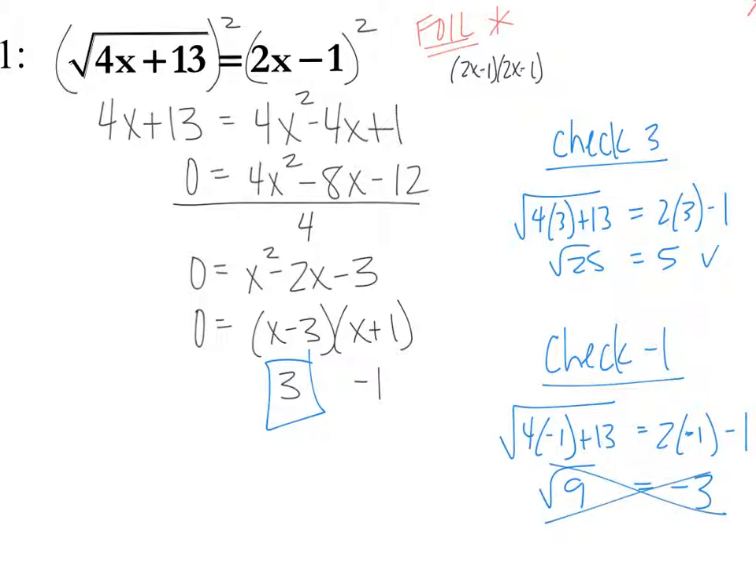Radical 9 does not equal -3, therefore the -1 is extraneous. That's an extraneous solution. This is the only solution: x equals 3. Okay, so sometimes they both work, sometimes one of them works, sometimes none of them work, but